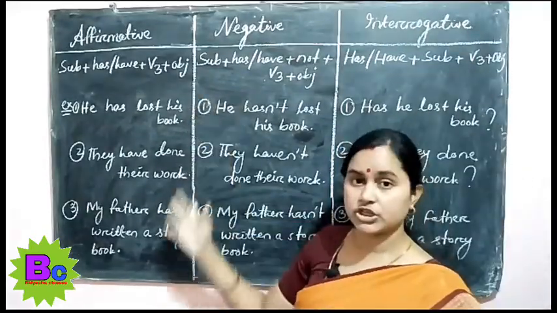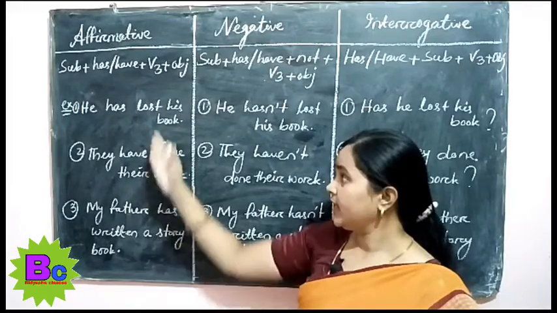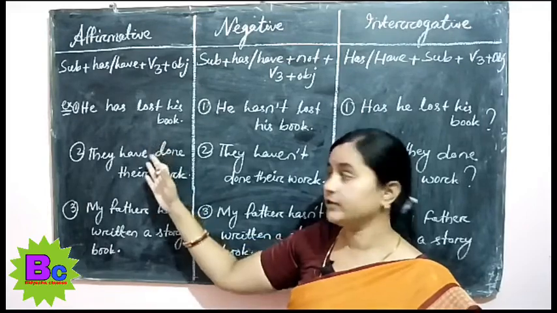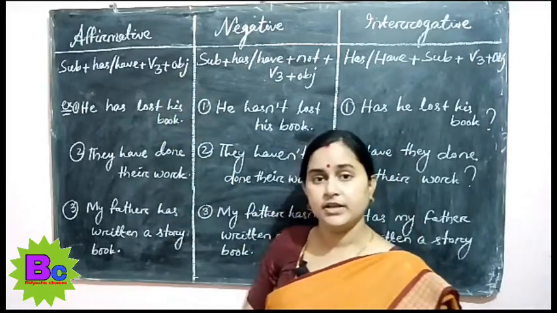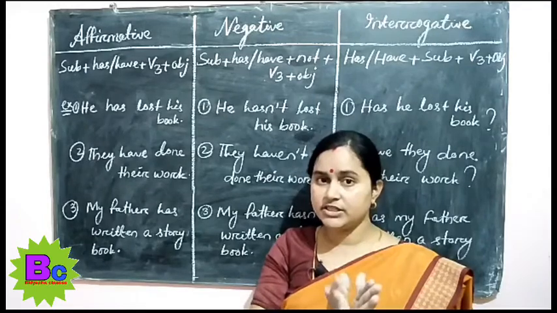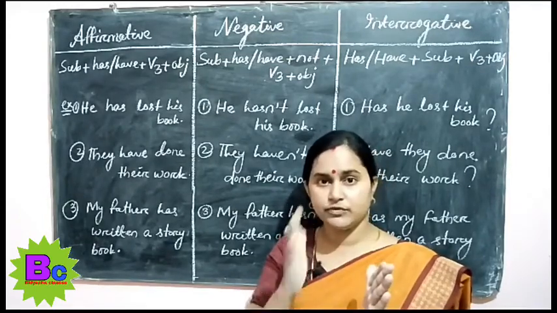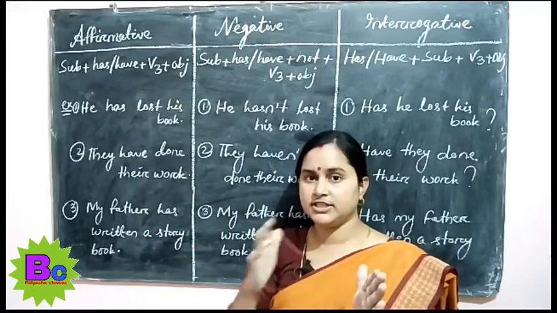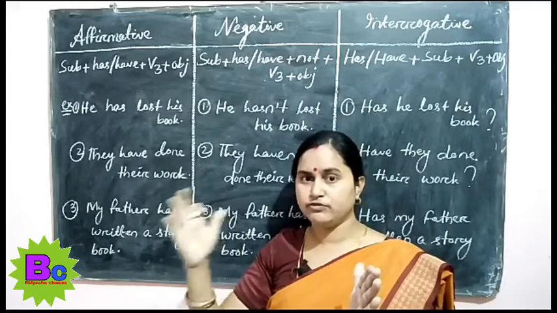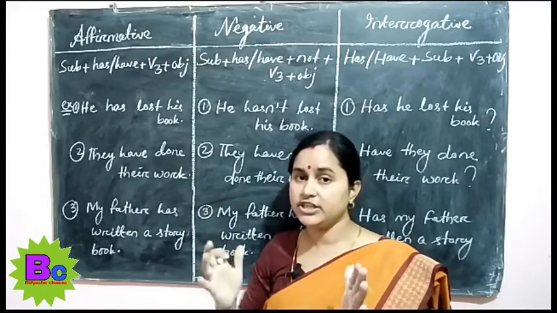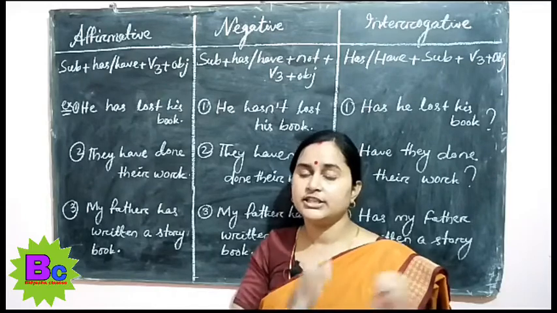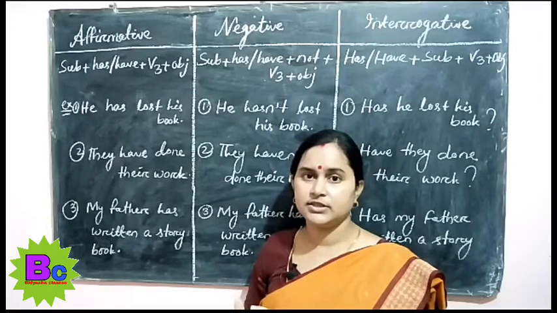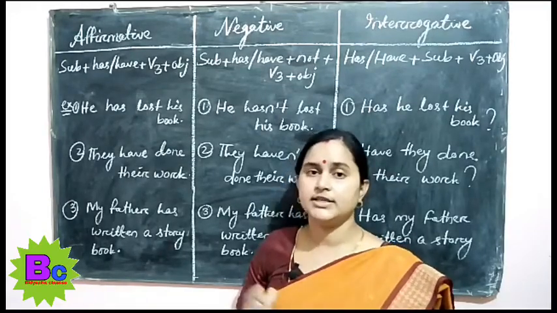Here, according to the structure of present perfect tense, we are using the third form of the verb, or we can say the past participle form of the verb, or in short V3. Dear students, if we change the base form of the verb from present to past and then from past to past participle, some verbs may change and some remain the same. So here I want to discuss the regular and irregular forms of the verb. The question arises: what is an irregular verb and what is a regular verb?